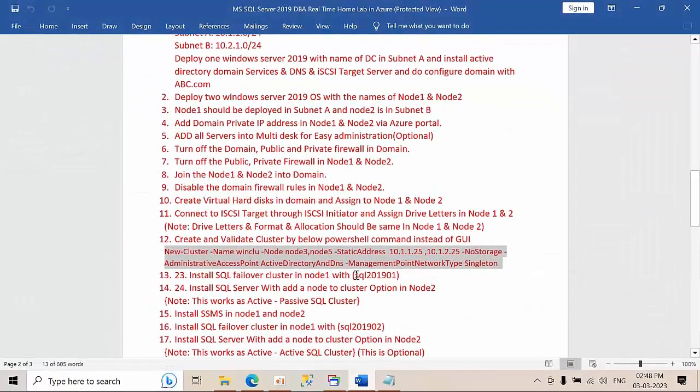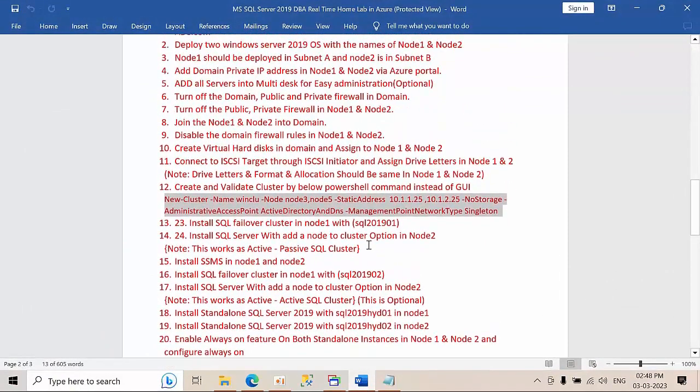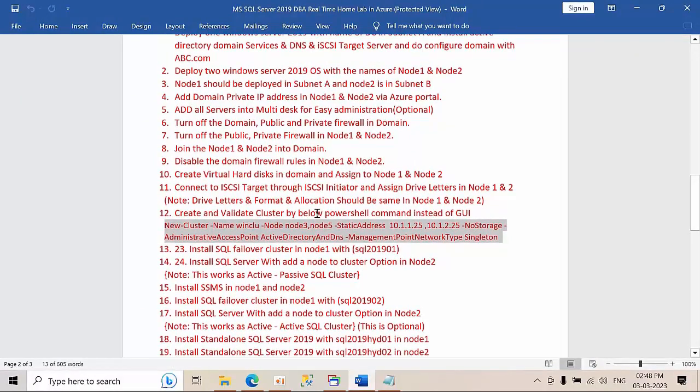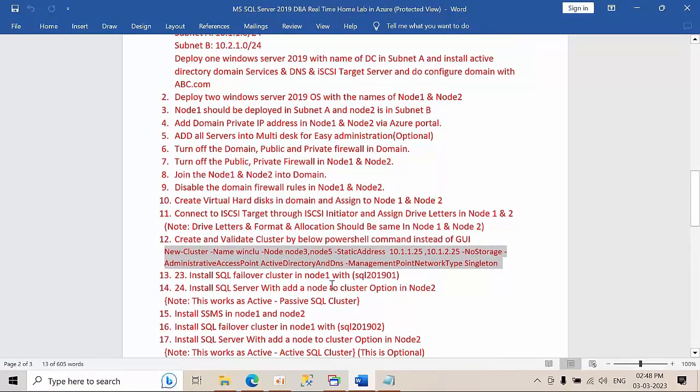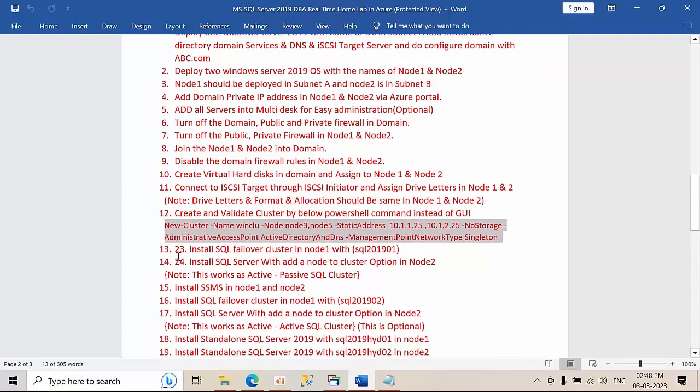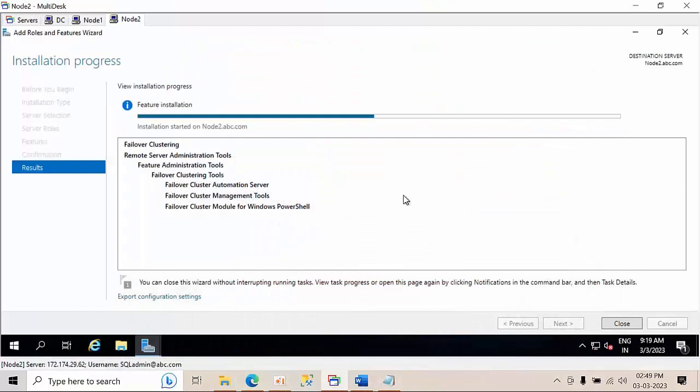I think I forgot to add this .NET 3.5 and automation feature. Let's see where I have added. I think I forgot it. No problem. I will update it in the updated version. I will add this to all of these too. Okay. See here. Sorry, this one I need to put in as the 12th point. Yes. So now